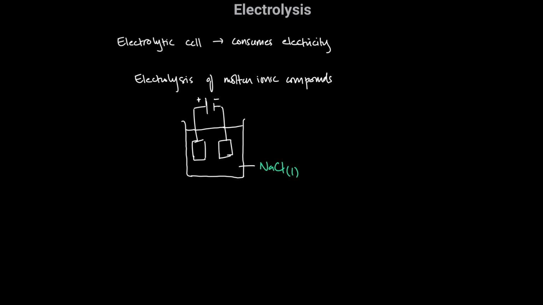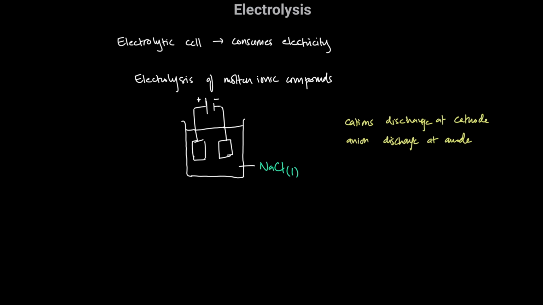So when we talk about electrolysis, for ionic compounds, cations discharge at the cathode and anions discharge at the anode. And again, we know that reduction takes place at the cathode and oxidation takes place at the anode. So the cations undergo reduction to form the metal, and the anion undergoes oxidation, loses electrons to form the